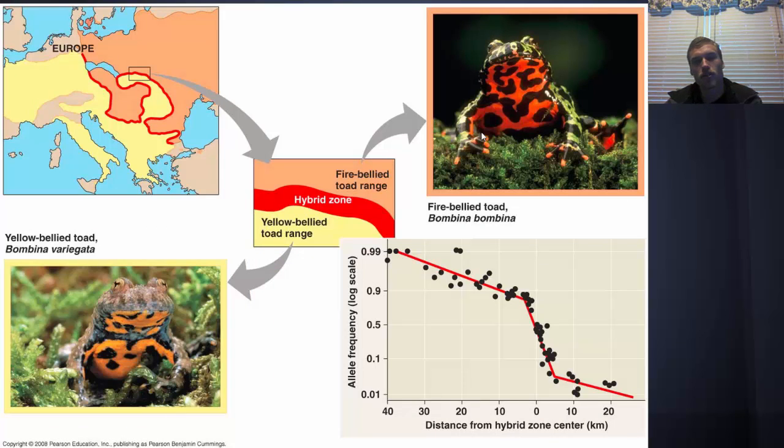So we've got these two different toads that live in Europe, and the yellow-bellied toad range is in yellow on the map, and then the red, the fire-bellied toad range is over here. And we get these hybrids in the middle where they share common traits, and that makes sense because you're going to have some overlap in the middle, but then farther away, you're never going to have those hybrids because they're just not going to be able to get to